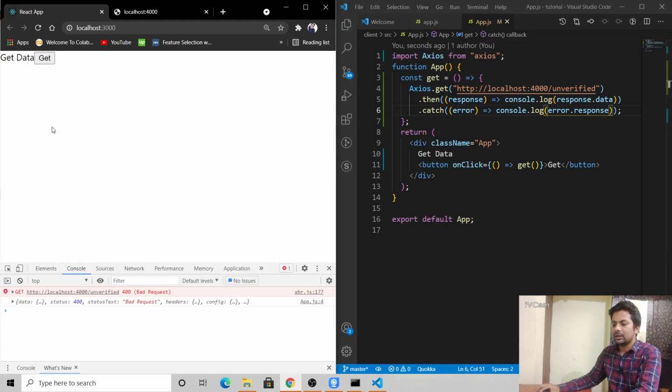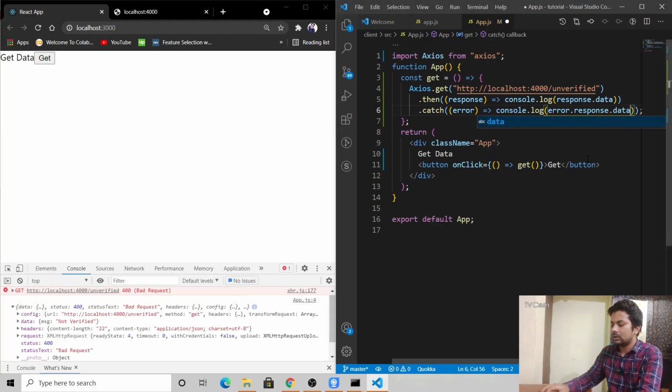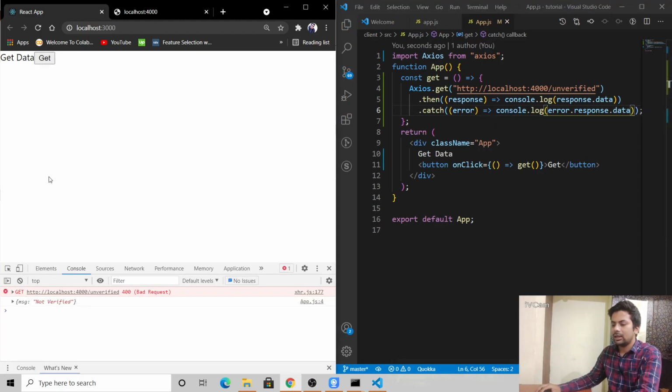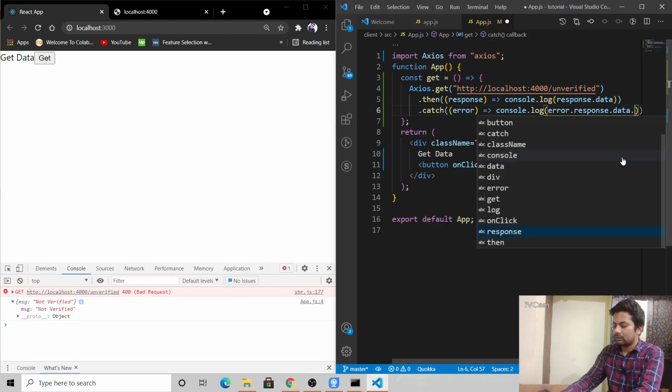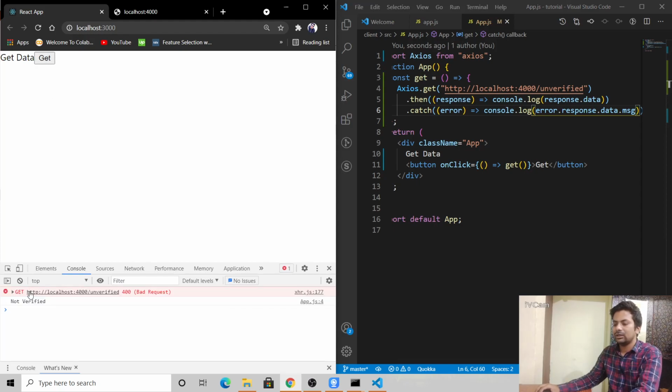This is the response I'm getting, and I'll say dot data, and again I'll clear it: message not verified. So this is the way I can print the message also. Then you can handle the error from here, whatever you want to do in this function, or you can call a function. Not verified, that's the easiest way.